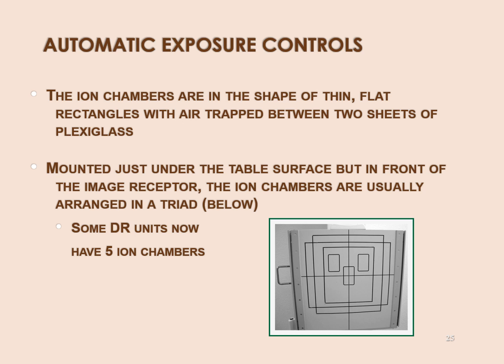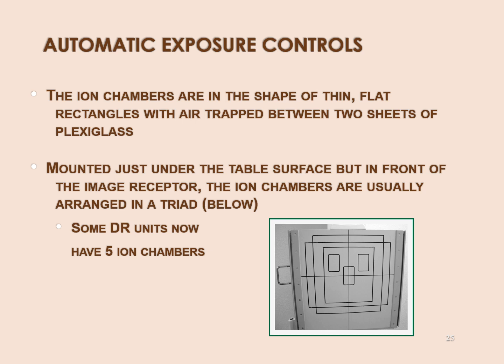Well, if we take just a rectangular clamshell bubble and we fill it with nitrogen gas, and then we put a cathode and anode at each end on the inside of the air chamber, or plexiglass, because that's a little bit more durable than plastic, you can put that in between. It's basically radiolucent, except for the very, very thin wires that are the cathode and anode. You can put it in front of the image receptor, underneath the table surface, but above the bucky tray, or in the vertical bucky, just behind the front fiberboard panel. Okay,